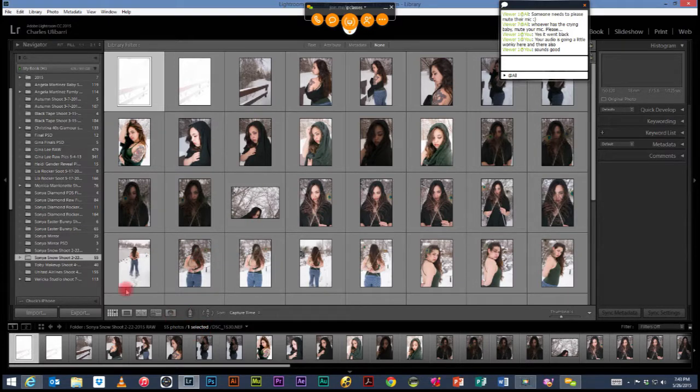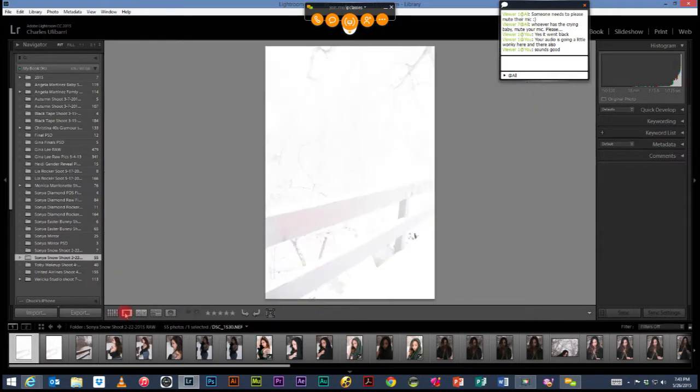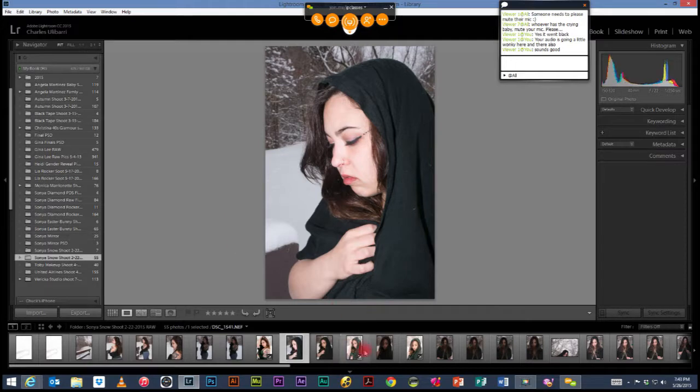And I'm going to change my view. The way that you change your view here is you have grid view, which is selected by default. I can come over here to loupe view, and it will give me a full screen. That's a nice shot, completely blown out. So I can go to any of these